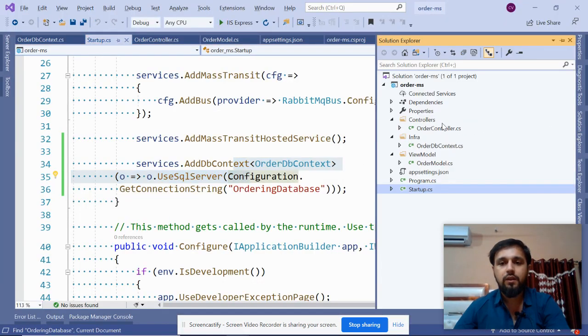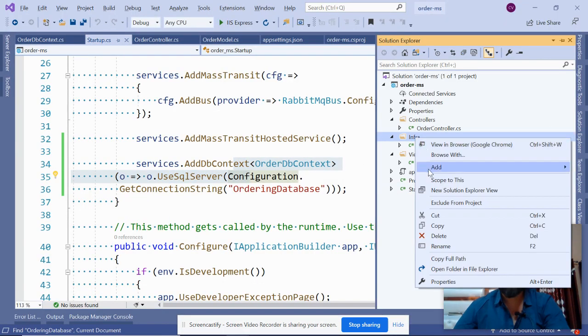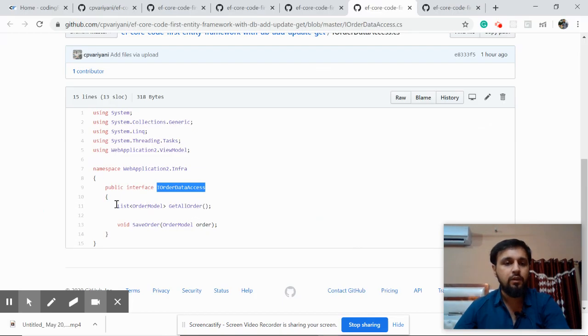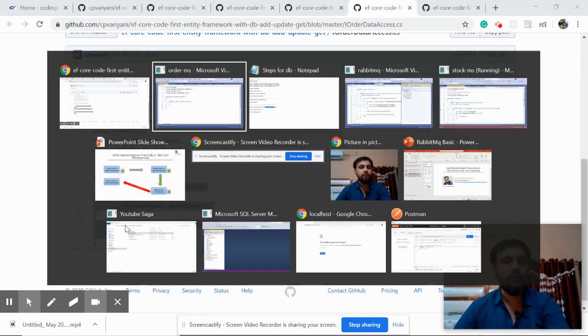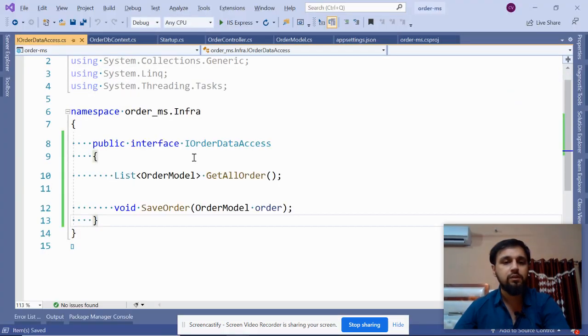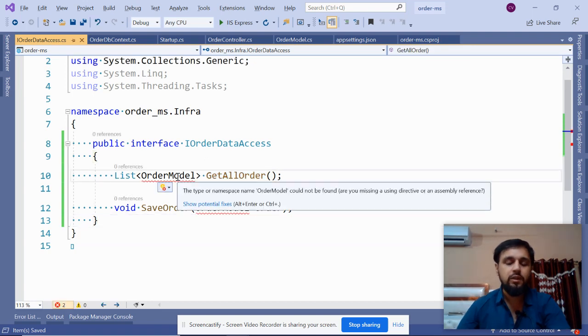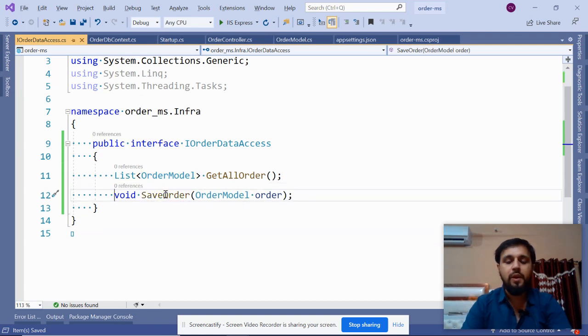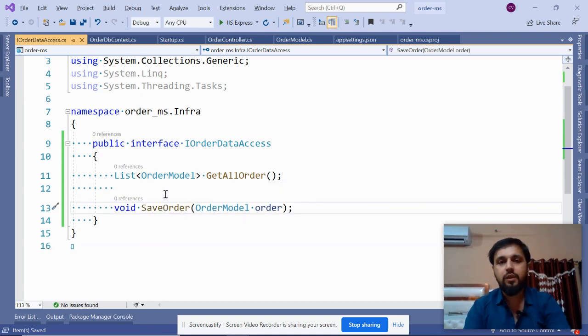Let me create this here and replace it. This interface has two methods, get all orders and save order model. Before passing our data to the different microservice, first we will save it into the database.